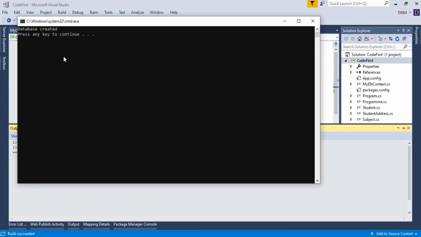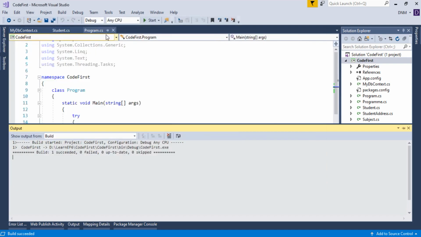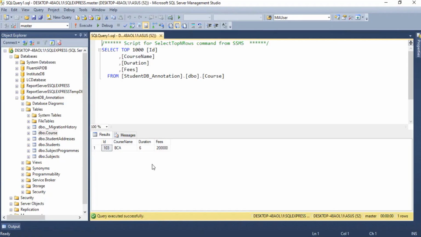As you can see here, we got the output that the database is created. Let us check it in SQL Server again. As you can see here, this is totally a fresh entry. Our old data is lost. That means definitely our database is recreated and the old database is dropped.